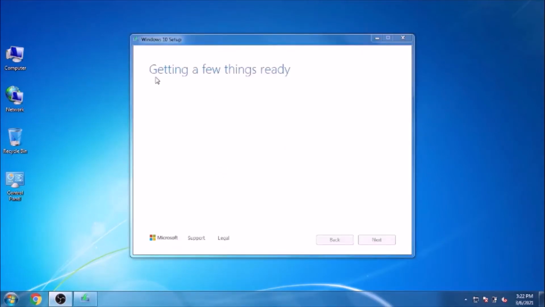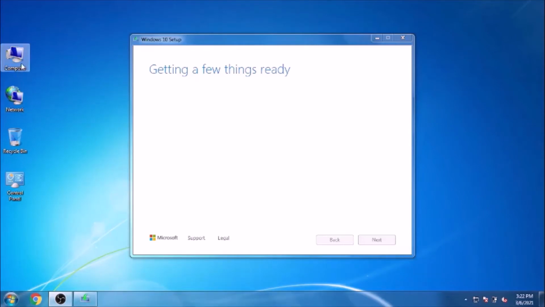And it's now checking the system configuration before downloading. Now you just wait for a while, it will complete that process. And still checking that one.